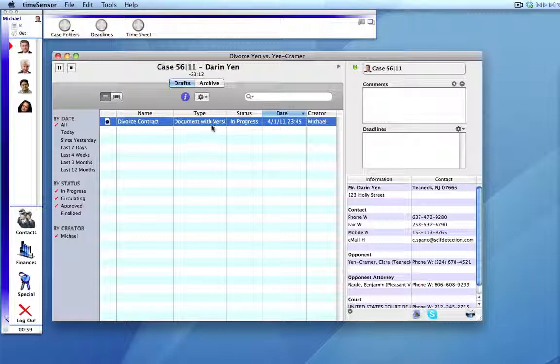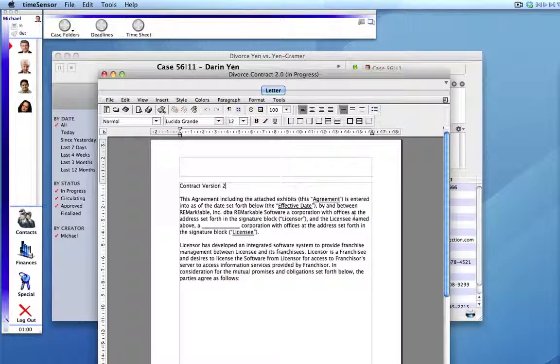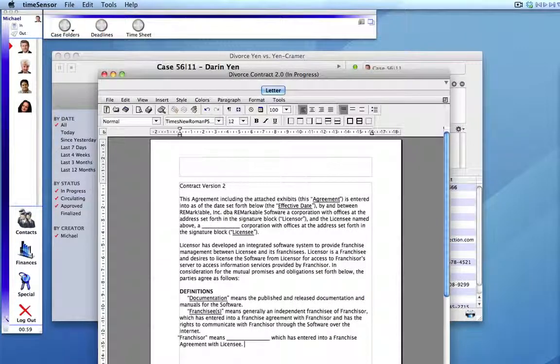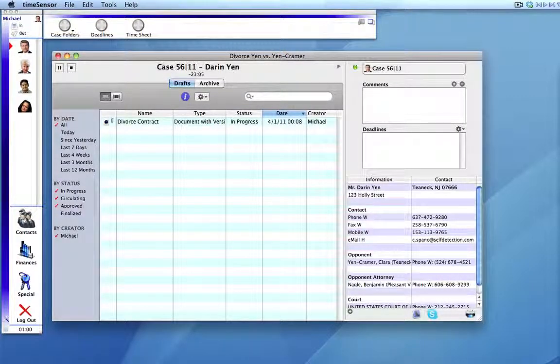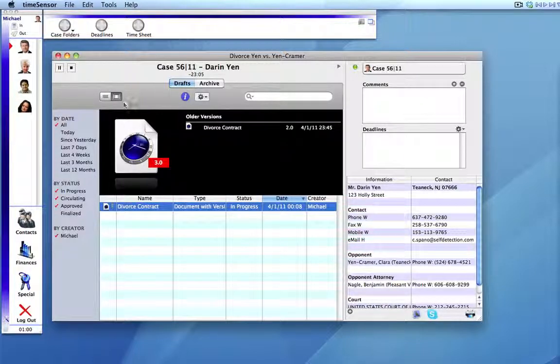And again, the next day, Michael opens the document. He works a little more on his divorce contract. He closes it, and now timeSensor Legal, knowing that this is a version document, suggests that this is version 3. Michael agrees and saves it. Now you can see when Michael changes the view to Enhanced List View that here you can see that this is actually version 3, and here are the list of older